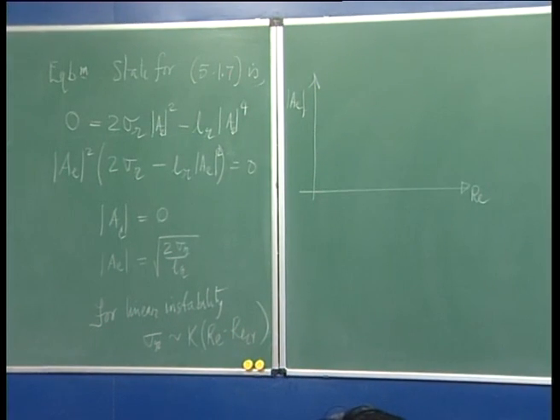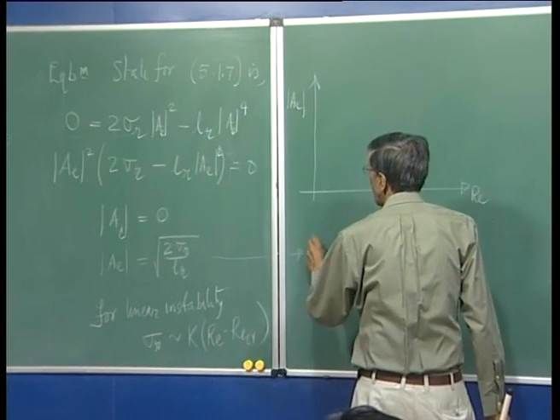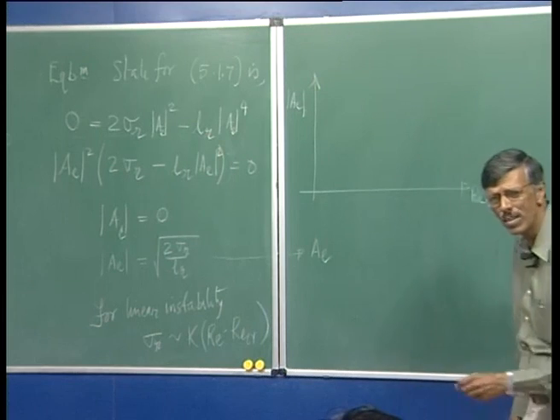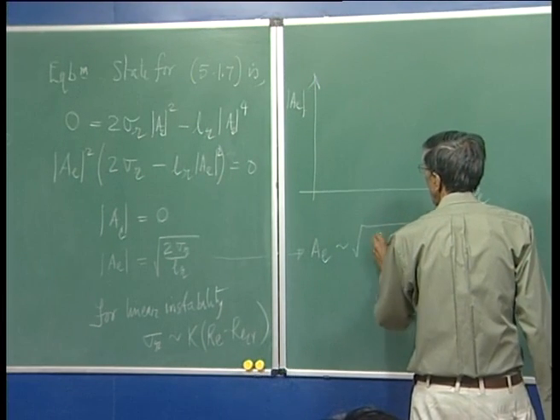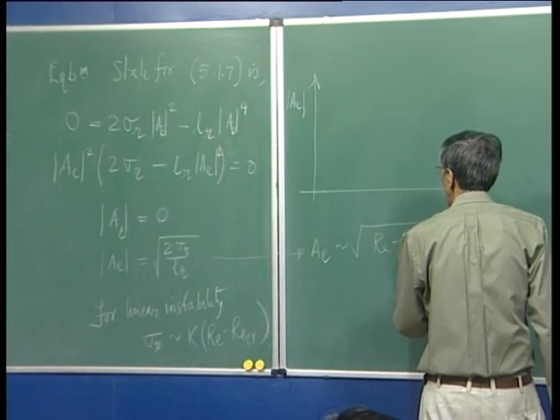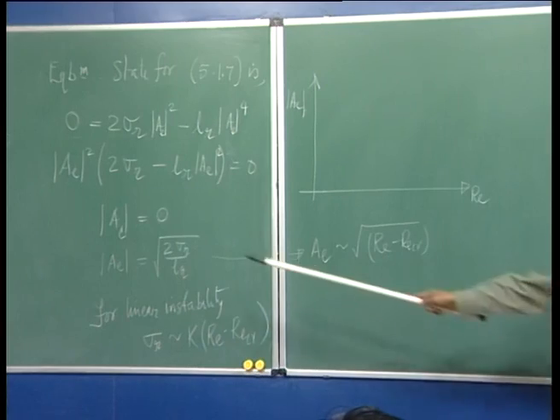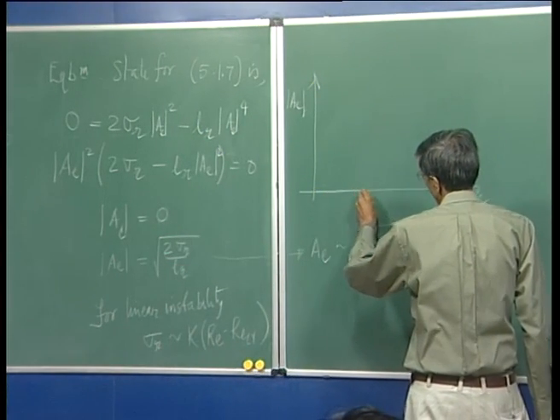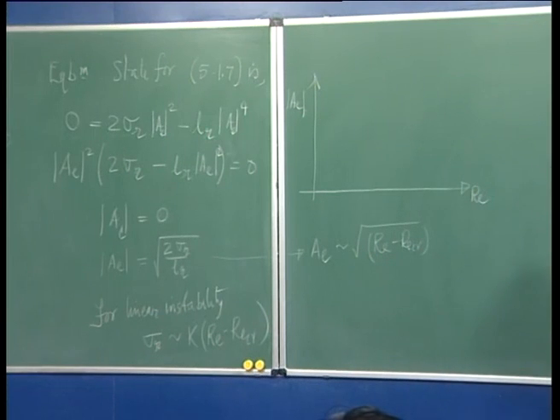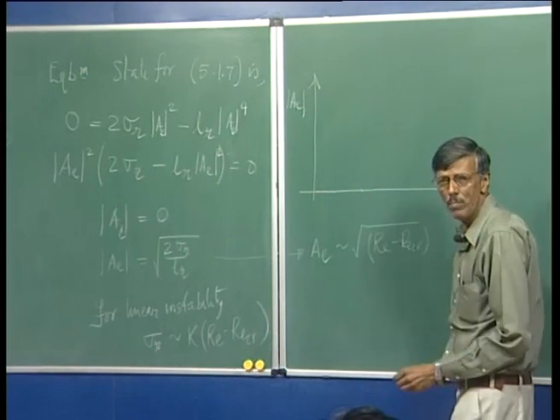So, if I do that, what does this tell us? This tells us A e goes. So, one of the solutions is A e equal to 0. So, that could go on here, one branch of the solution. The other branch would be starting from R e critical, and that will be a parabola,